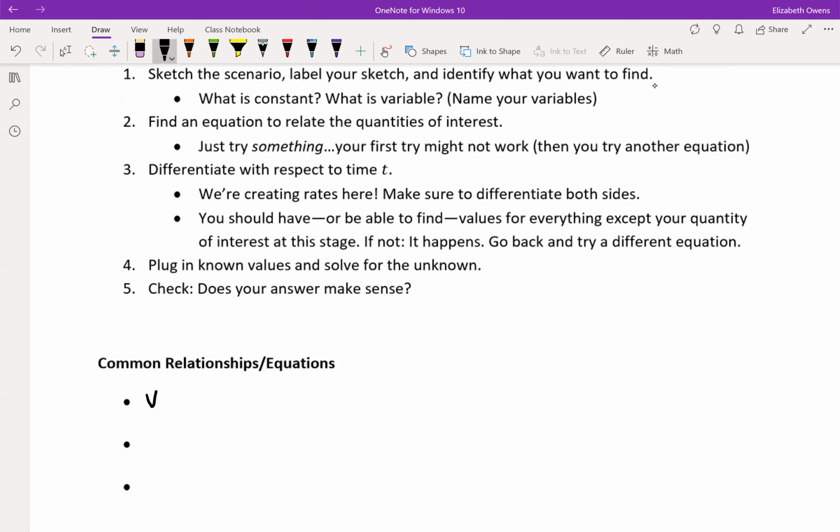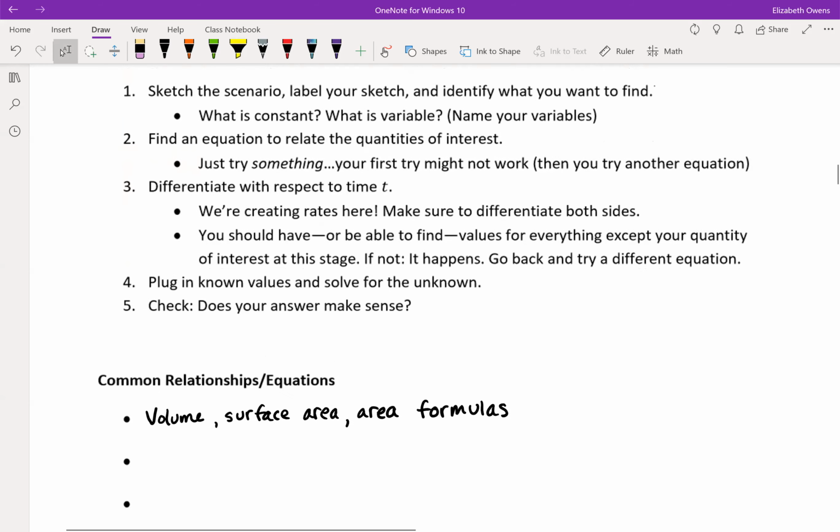Consider if there is volume or surface area, okay, for a 3-dimensional shape, area regular for a 2-dimensional shape. Those type of formulas come up pretty often because we are sketching different types of shapes, and these different types of shapes have areas